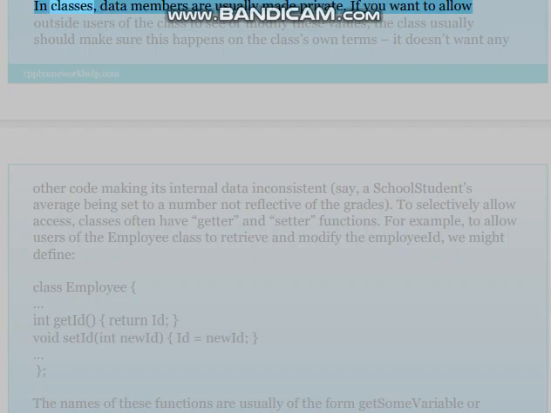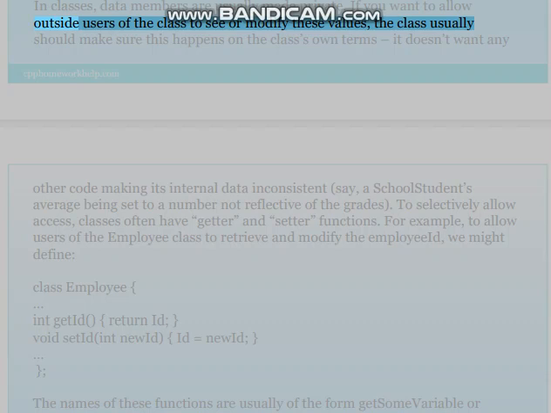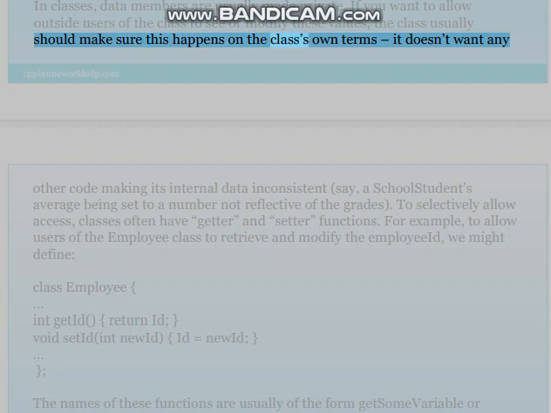In classes, data members are usually made private. If you want to allow outside users of the class to see or modify these values, the class usually should make sure this happens on the class's own terms. It doesn't want any